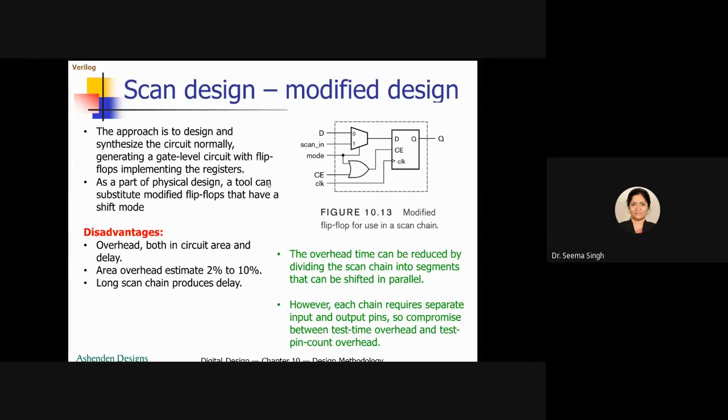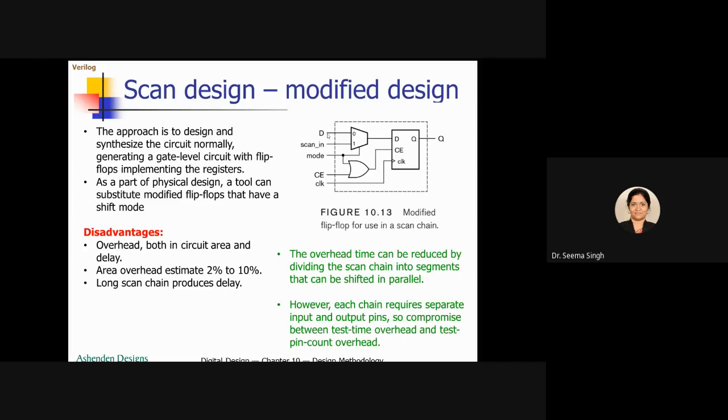Now this is a very nice thing, but of course you can understand the problem associated with it. So what are the disadvantages? Disadvantage is overhead. Overhead means you have to have an extra circuit. So you can see in place of D flip-flop, I have a 2:1 mux, a 2-input OR gate, extra things are coming. So this is your extra circuit. Extra circuit means your overhead. Overhead is adding to the circuit area, as well as it is adding to the delay part.